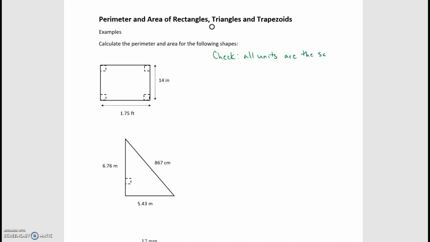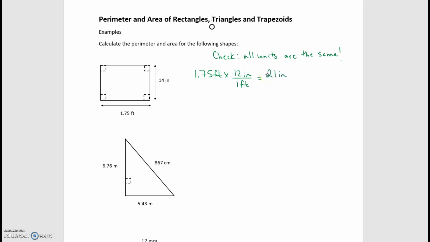So when we look at 14 inches by 1.75 feet, we want to make sure that we pick a unit where both of them are the same. So for this example, I'm going to take 1.75 feet and change it to inches. I'm going to use my conversion factor, 12 inches is a foot, and do that calculation. Once I do, I end up getting